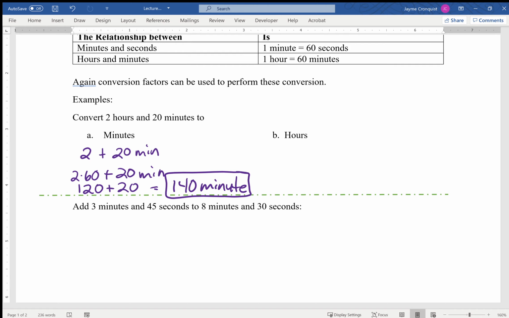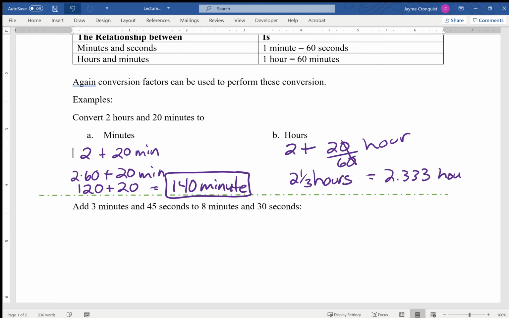Now, to convert it to hours, 2 hours plus, well, 20 minutes is actually 20/60ths of an hour. Well, that's 2/6, so we have to convert this to decimals. 2/6 is 1/3, so this is 2 1/3 hours, which is 2.333 whatever, however long you want to go, hours. Okay, now we're going to look at